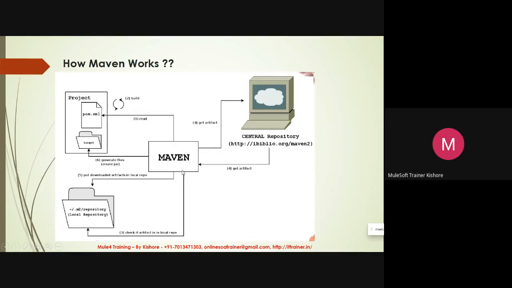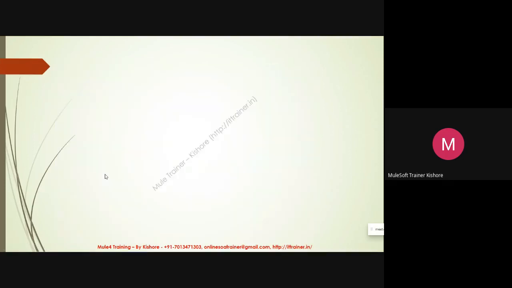Whenever it needs a plugin to execute the goal, it will check the local repository, and if it is not there, it will download from the central repository into the local repository. Next time, it won't go to the central repository, because it is already available locally, and it will perform the goal that you have asked.